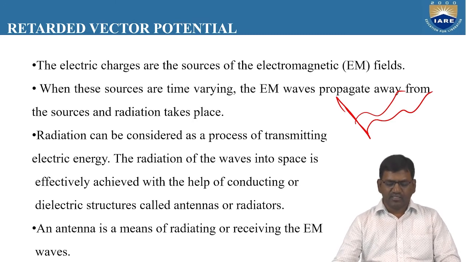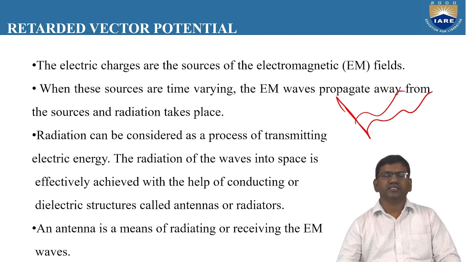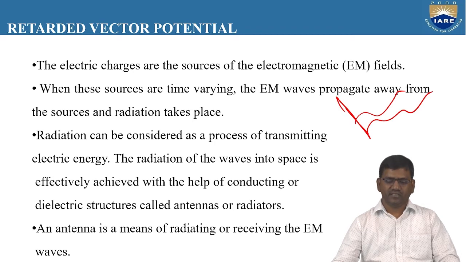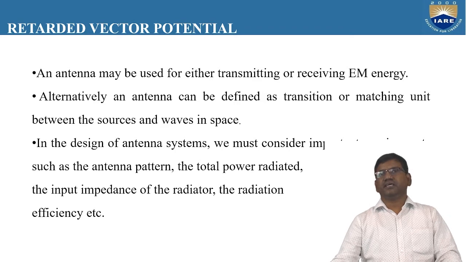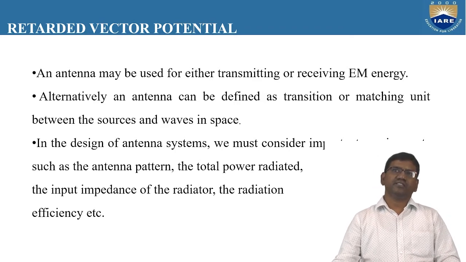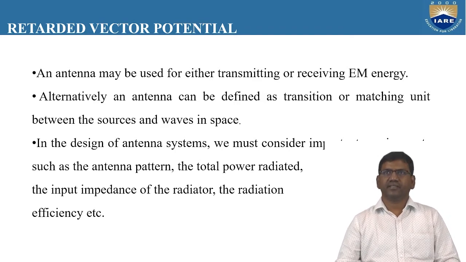Here the radiations are happening by means of antennas and radiators where input current is given. An antenna is simply a device which is going to radiate or receive electromagnetic waves. An antenna may be used for either transmitting or receiving electromagnetic energy. We know that an antenna is a conductor or a metallic rod which will radiate electromagnetic energy, or a matching unit between the source and the waves,